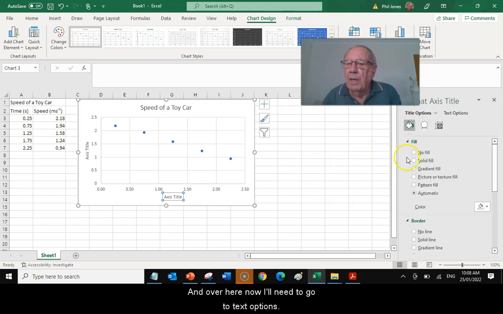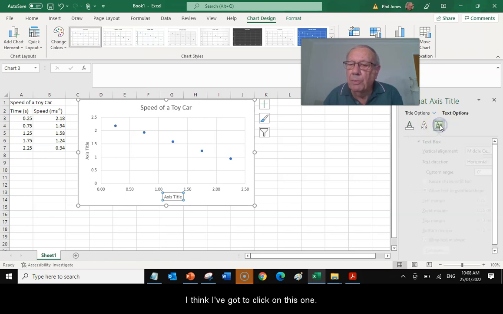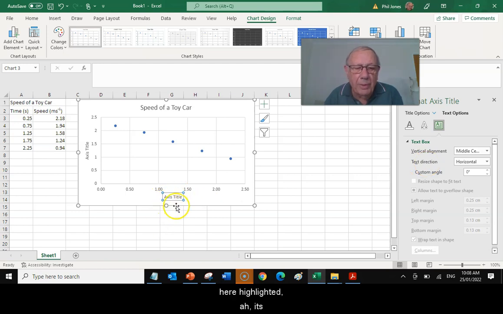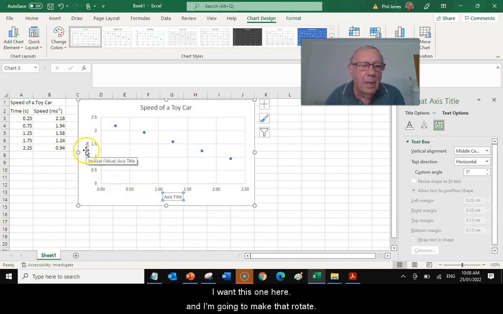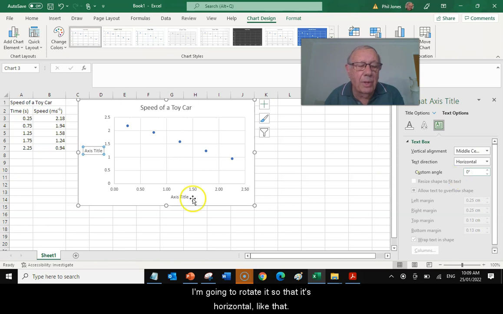And over here now, I'll need to go to text options. I always have to play with this a little bit to get it right. I think I've got to click on this one because what I want to do is make the alignment of the text. I want this one here, and I'm going to make that rotate. I'm going to rotate it so it's horizontal like that. Then I can click back here and I can put in here,